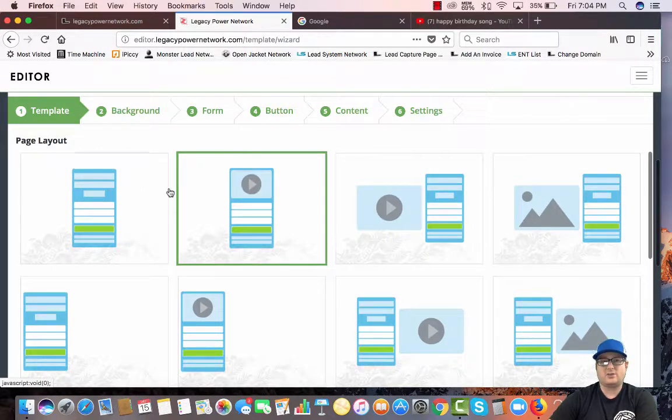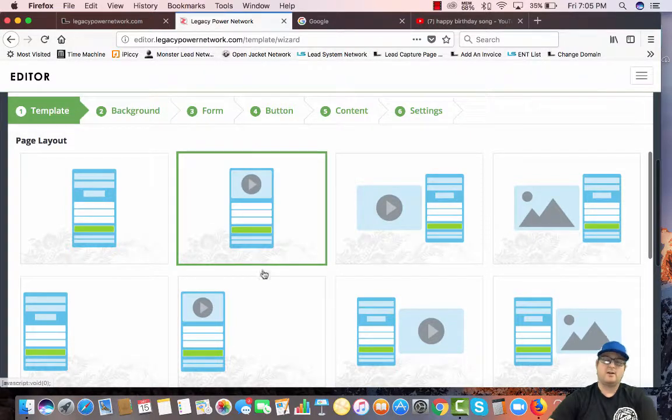Now, if I choose this one over here, it doesn't have a video. So you could put text up here, and then it has name, email, phone number, and the button. And over here, obviously, the video is going to be on the left, and then you can put an image here, and you can do name, email, phone number. So these are different templates. Now this one, it looks like you can put an image on the left, an image on the right, name, email, phone number. So if you want to put a video in, you need to find one that actually has